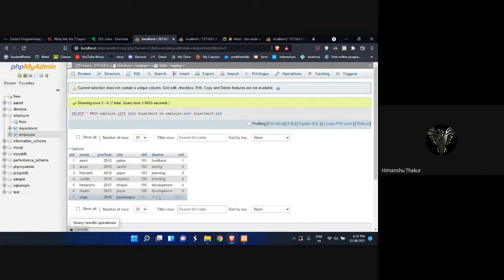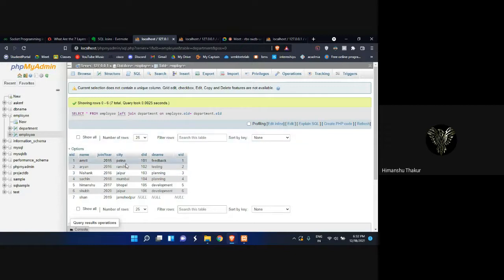Like if I wanted to ask something, I give a condition on and if it doesn't satisfy in the right table, it just gives it null. It's not like that it won't show anything, but it will automatically put the value of null for that particular detail.